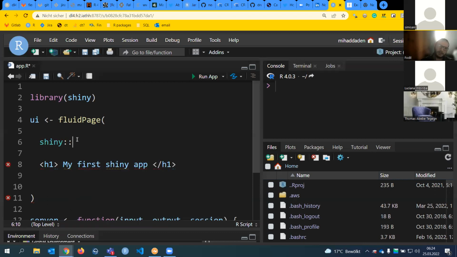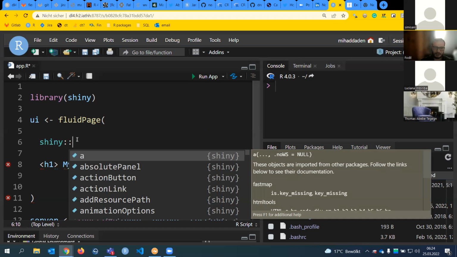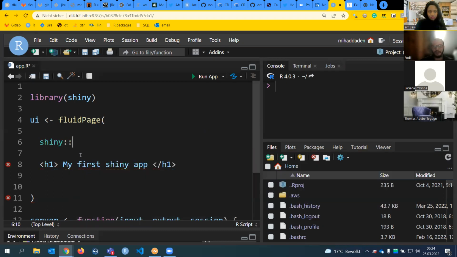I have a question. Are you comfortable with this type of writing? Who has used this writing before? Just in the chat, if you can answer if you have used it before, yes or no. Yes, some are saying yes, and some are not really familiar with it. Okay. Yeah. Cool. Many people are familiar with it, which is cool.